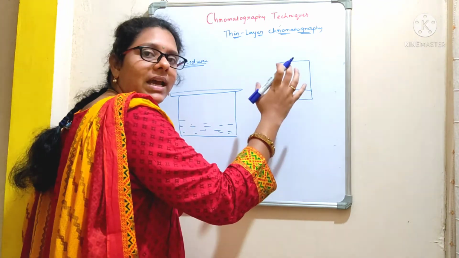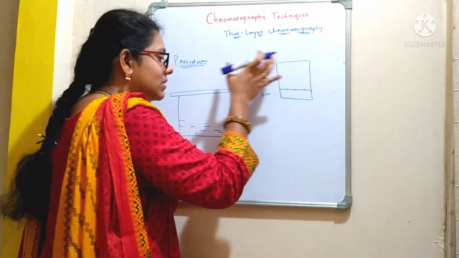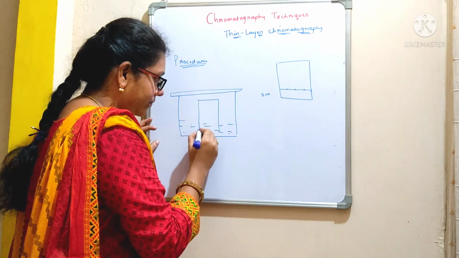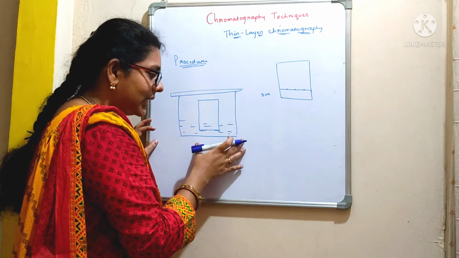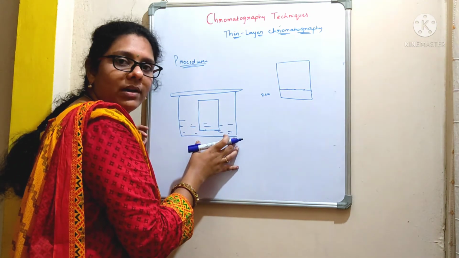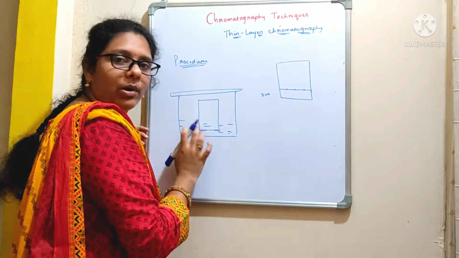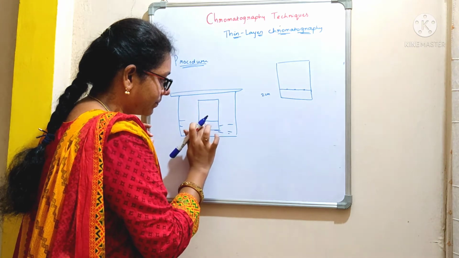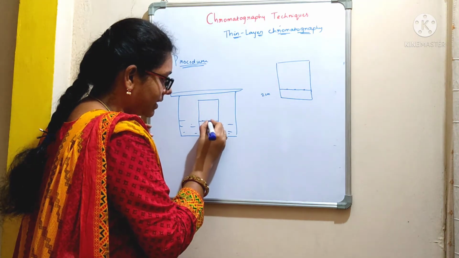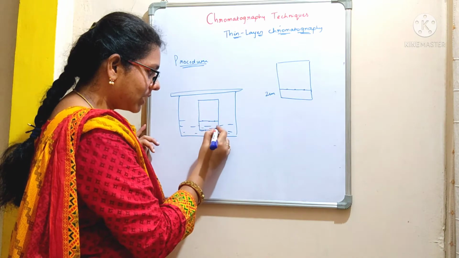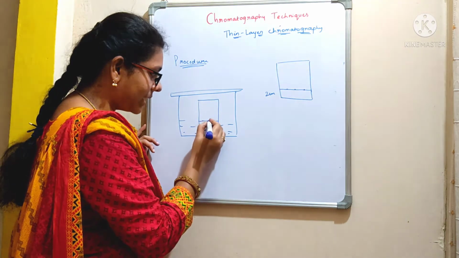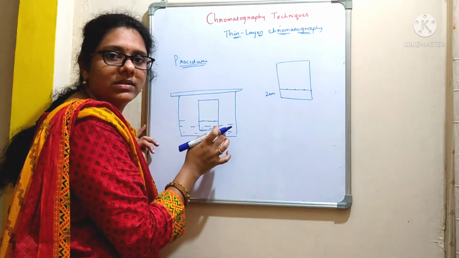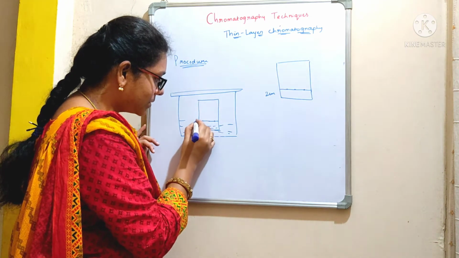After the sample gets air dried, now you are going to place this sheet into this chamber. Do not completely immerse this sheet into the mobile phase. Just the edge should touch the mobile phase, and your line should be exactly here. This is where you have applied the samples. If you observe the picture carefully, here you have applied the sample. Make sure this sample line does not merge with the mobile phase, okay? And you have to leave some space.